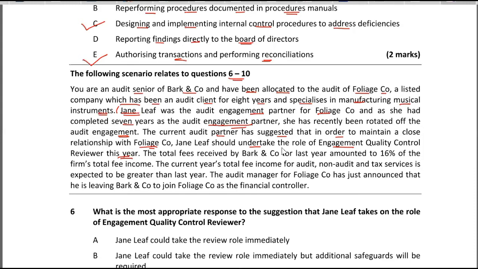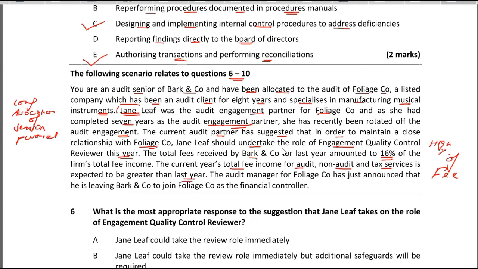The total fee received by Bark and Co. for last year amounted to 16%. Do you remember the high percentage of fee? I'm just mentioning the names of the slides from the notes. So that was long association of senior personnel, and this is high percentage of fee. Hopefully you remember. More than 15%. The current year total fee income for audit, non-audit, and tax service is expected to be greater